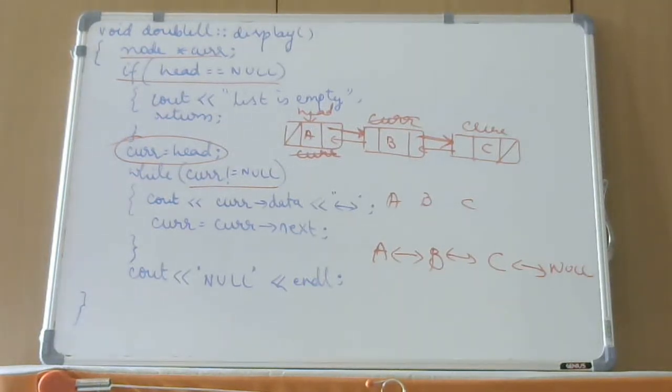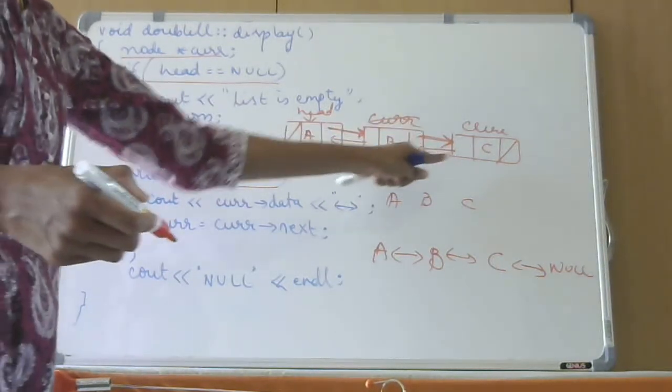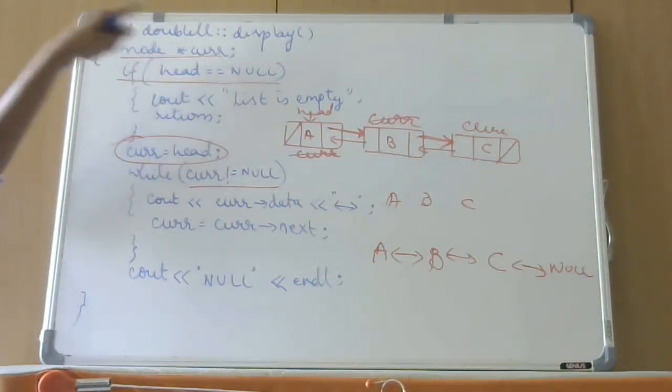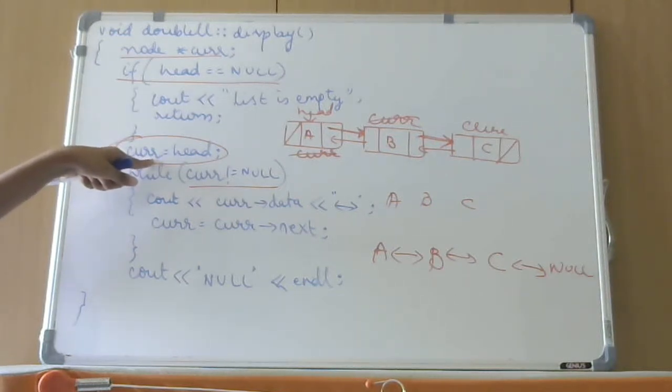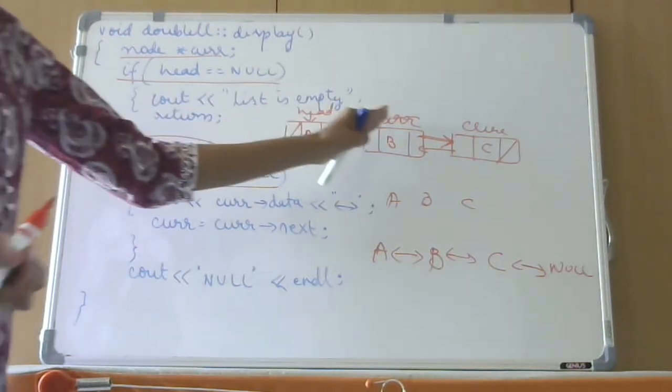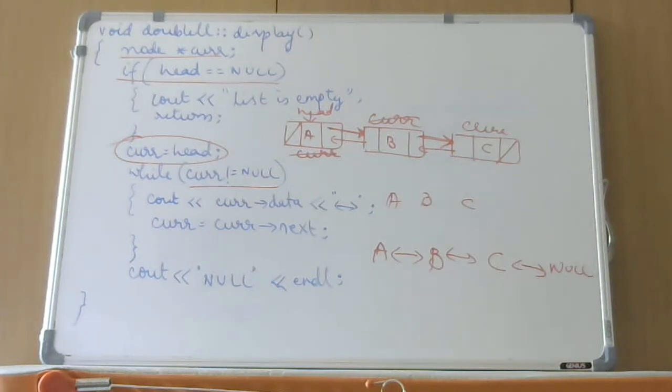Alright, so that is how we take a pointer and display each of these nodes. I want to traverse every node. That's the reason I am taking this current. I take it as a pointer, initialize it to head, and go on traversing each of the nodes until the condition is not satisfied. Once the condition fails, I come out of the loop. So this is how you display a doubly linked list.